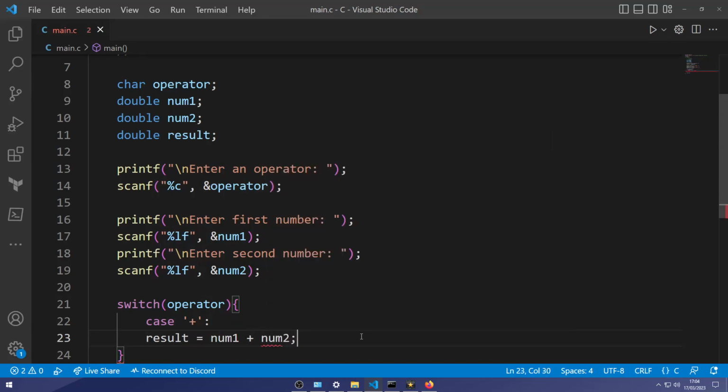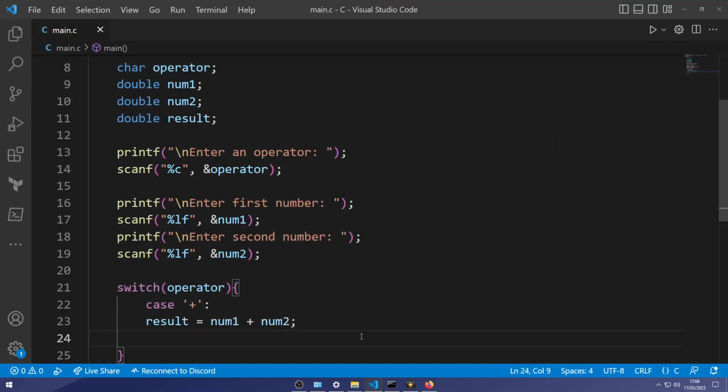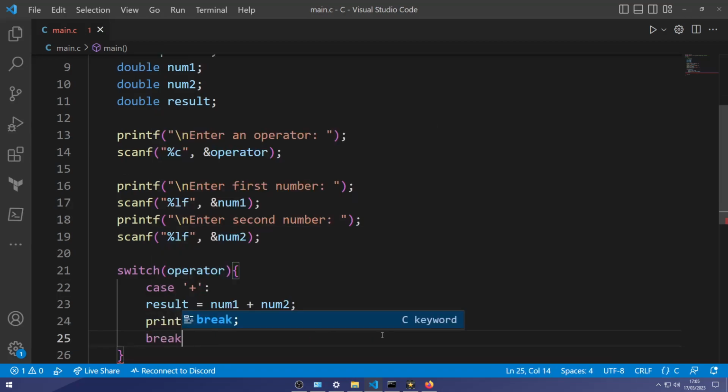So here we have a case. Our first case is going to be a plus, and the result is number 1 plus number 2, and it's going to print out the result. And then we add a statement that says break.